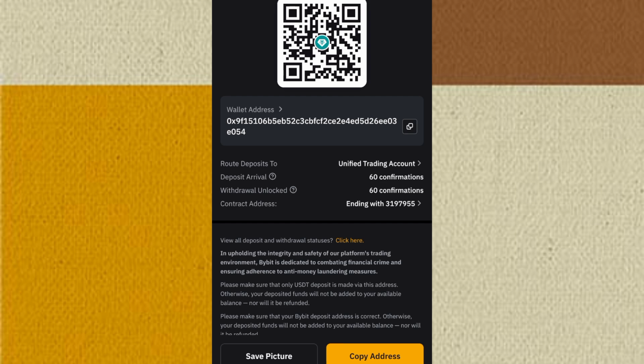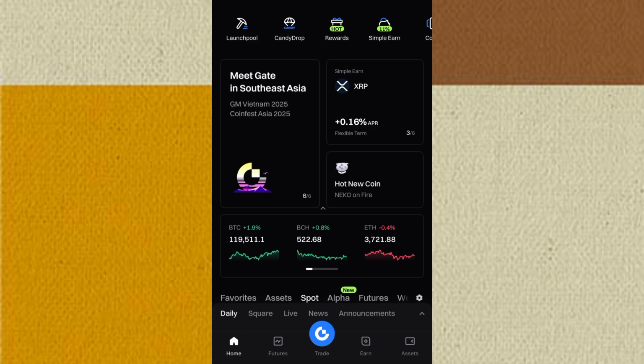What you basically do here is you can either use that QR code at the top, or you copy the wallet address. I advise you copy this wallet address. Once you're sure that the wallet address is copied, you're good to go from this page. The next thing you want to do is to go to the exchange or the wallet where you'll be sending your crypto from. The first thing we did was to copy the address of where we are going to be sending to, and remember we are using the BSC or Binance Smart Chain Network, which is one of the cheapest and fastest. So to the other app, which is Gate.io exchange, where we'll be sending our USDT from,